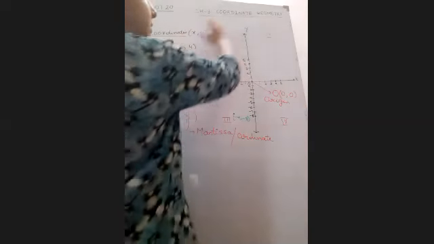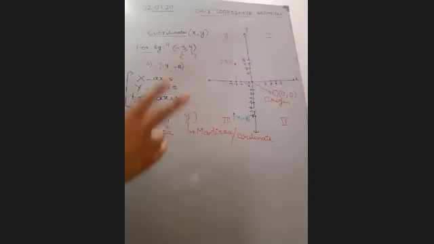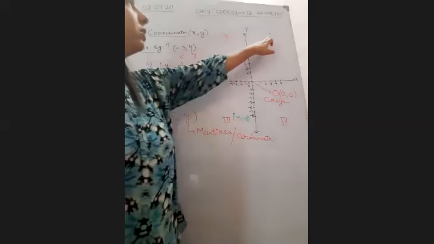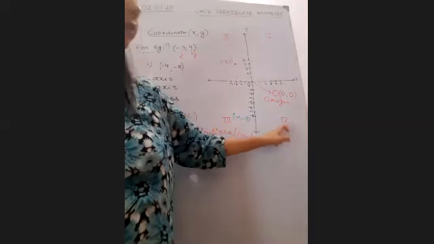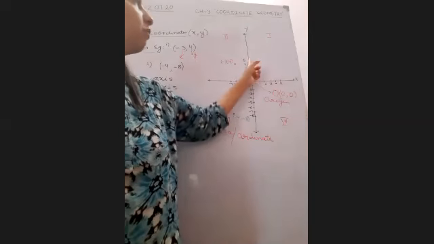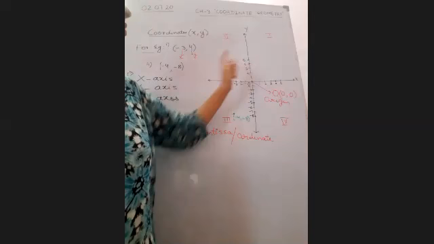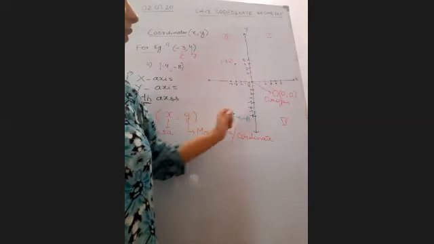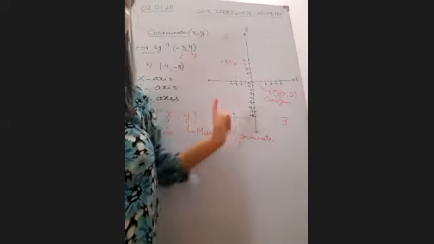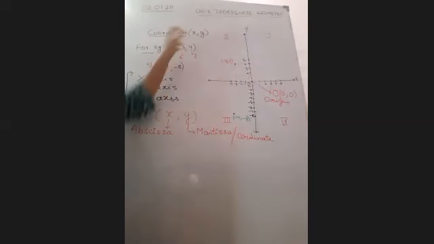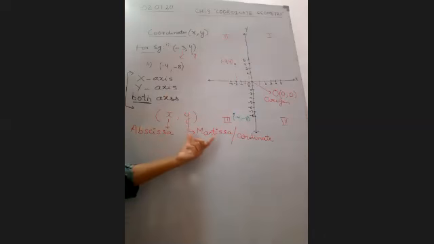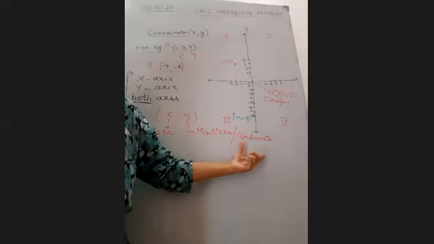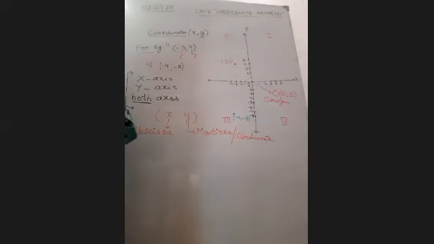The Cartesian plane divides the entire 2D plane into 4 parts. Each part is called a quadrant, and we number them quadrant 1, quadrant 2, quadrant 3, quadrant 4. Here the signs are (positive, positive), (negative, positive), (negative, negative), (positive, negative). We always talk of x first, right? X is called the abscissa, Y is called the ordinate. Clear? I'll be sending you notes today.